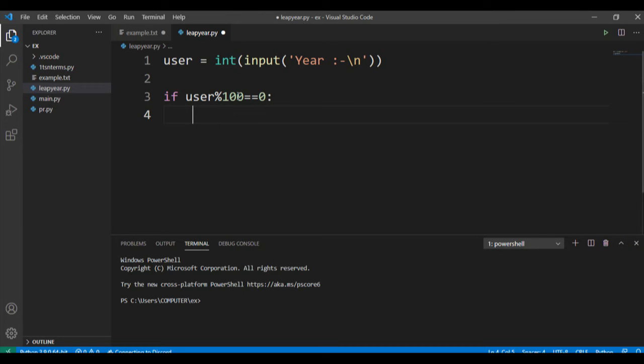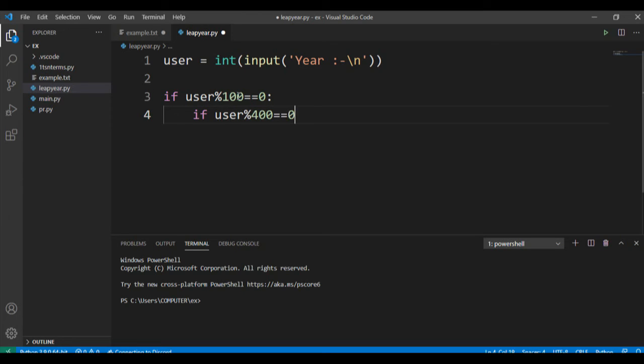In this first part, because it is divisible by 100, we have to further check it by dividing it by 400. So we write if user % 400 must be equal to 0.